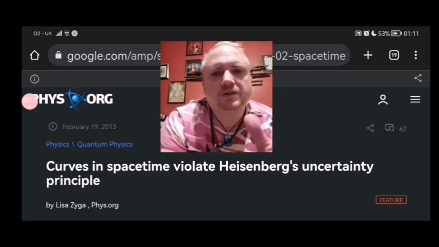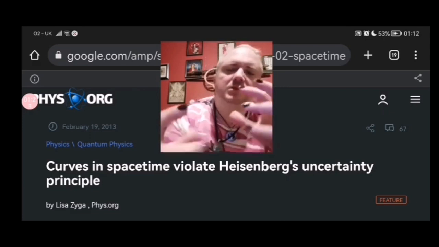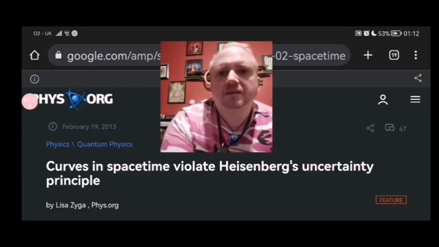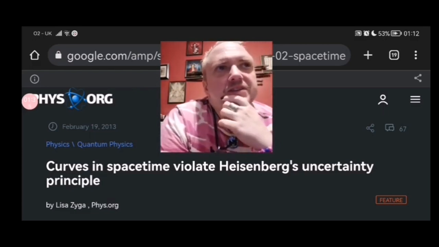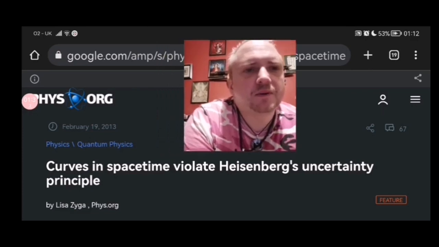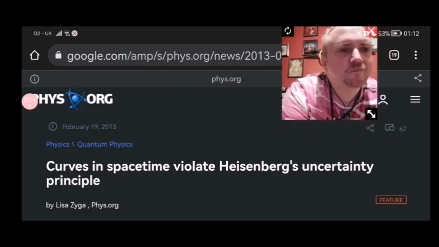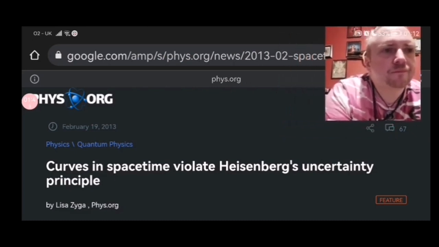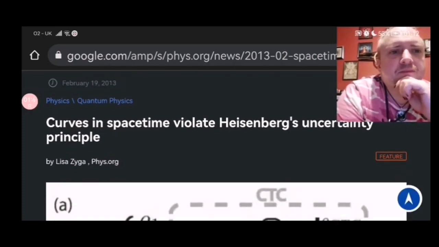But the whole idea is Tony Stark mentioned Heisenberg uncertainty, and he basically worked it out so that when they travelled, they could find their way back to their point. As you could say in the Flash film, it's like spaghetti. But we'll get into that in a minute. Curves of space-time violate Heisenberg's uncertainty principle.